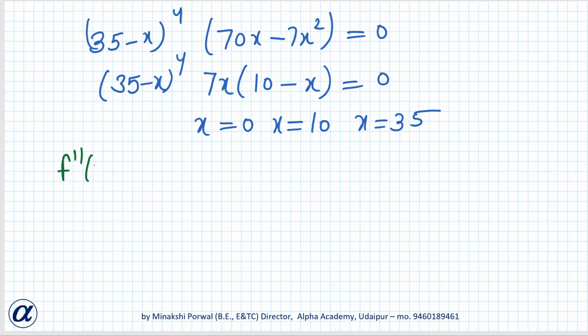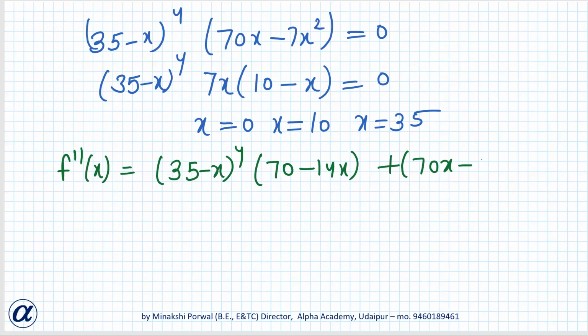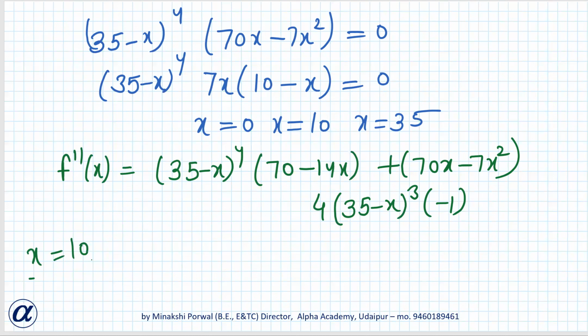We'll obtain the double differentiation, f double dash x: first into d by dx of second plus second into d by dx of first. Now when we put this value x equals 10, we have to just check the sign of f double dash x. We are not interested in the actual value, so we can just check whether it is coming positive or negative. 35 minus x will be positive. Then 70 minus 140 will be negative. So this is positive into negative, plus